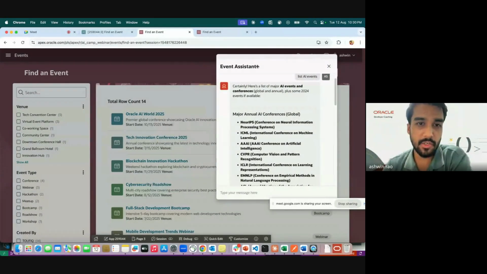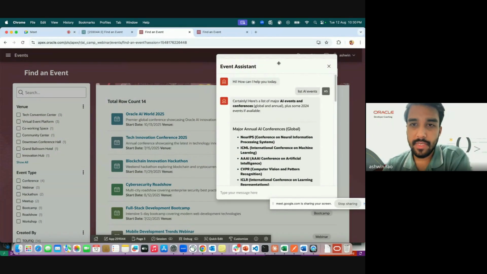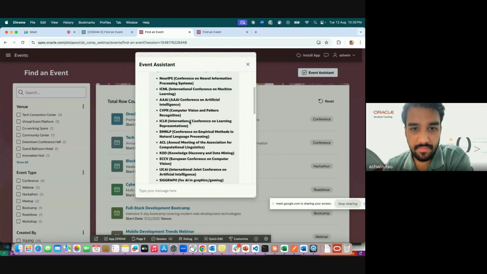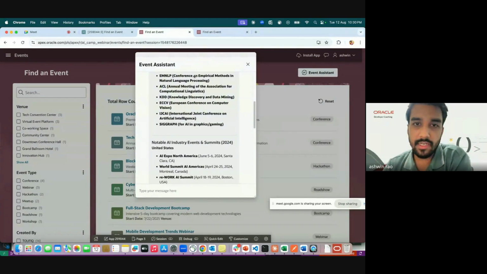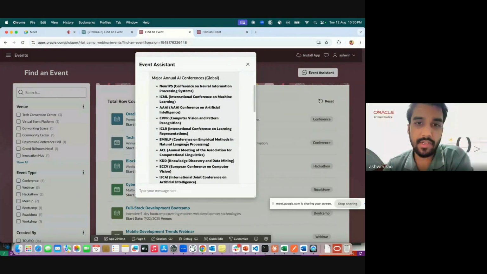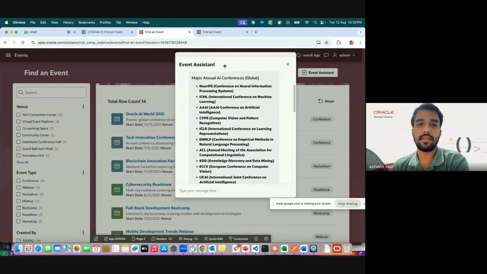It's nowhere related to what we have here as a part of events, right? So it's basically returning generic data. So how do I get context aware data? Like how do I get business data displayed here, right? That's where we have a concept called RAG. So RAG, Retrieval Augmented Generation, is an AI framework which enables you to retrieve results from different data sources,